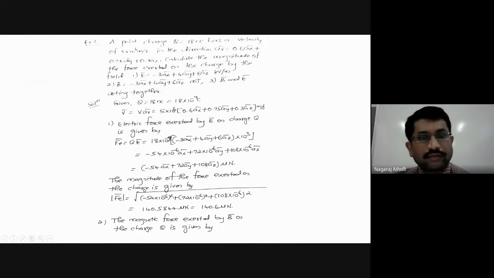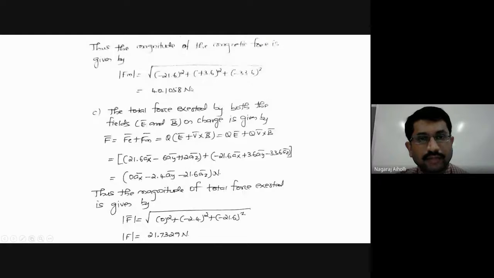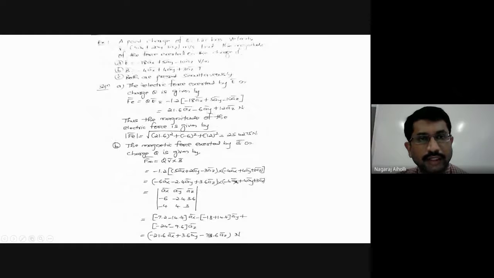So we are discussing the examples on the force due to electric field intensity and the force due to magnetic field intensity on a point charge, right? In the previous class, we solved an example. Let us take up one more example which we had given for homework. Have you all solved this example, students?